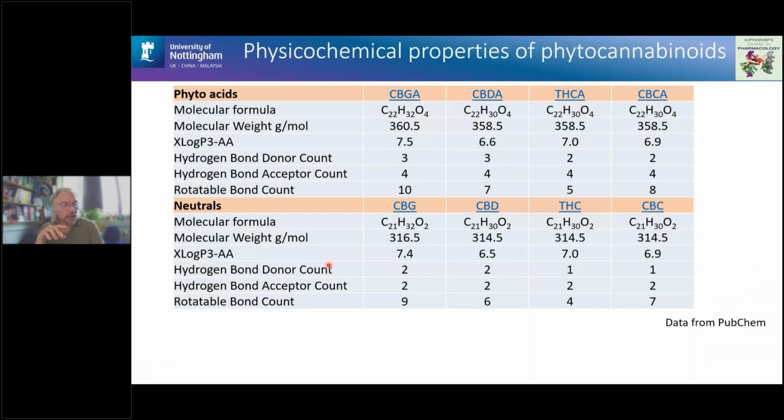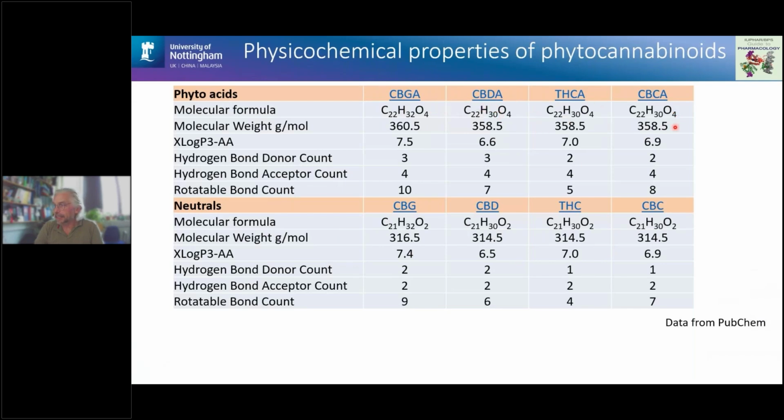So just to note from looking at CBD and the other cannabinoids as a drug entity, one of the main things we do in drug discovery is look at Lipinski's rule of 5 as a kind of guide as to oral bioavailability and oral usefulness of compounds. But with this table, what I've done is identify in the top group the parent acids, and then the neutral products that derive from them. And as was identified in the introduction, what we see is that these have